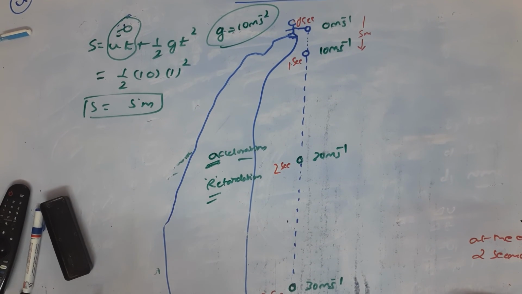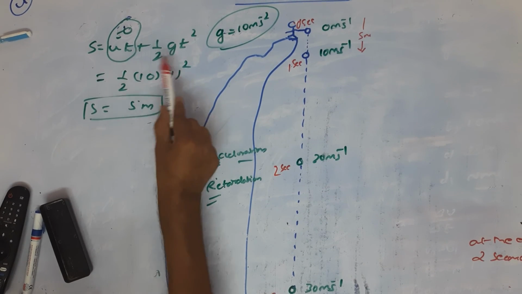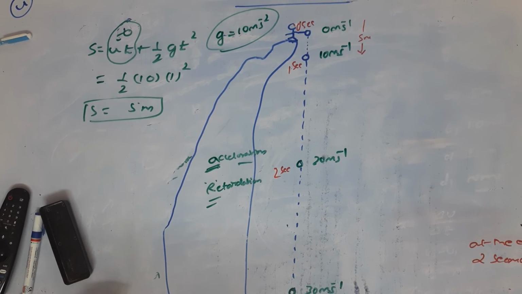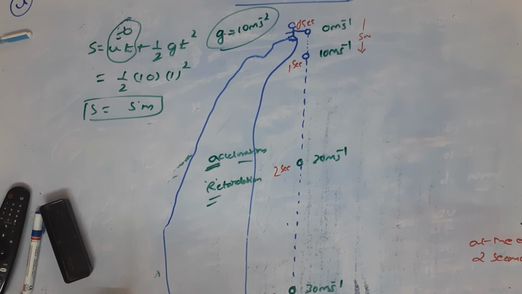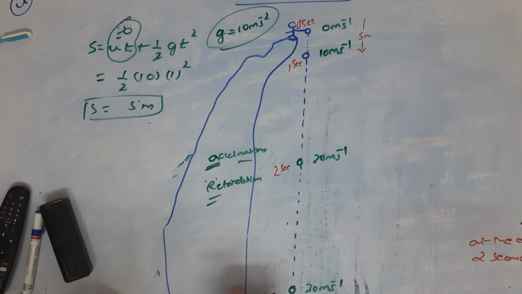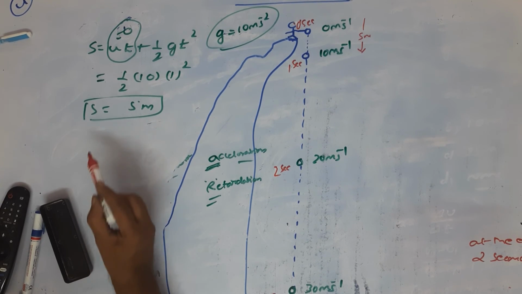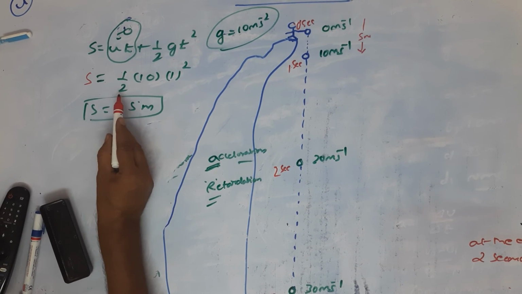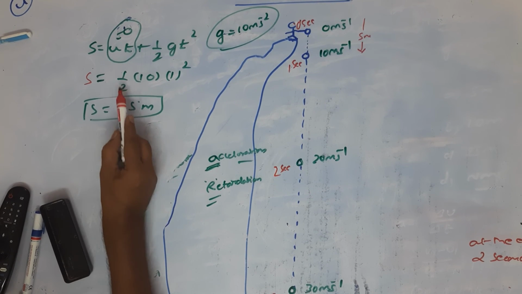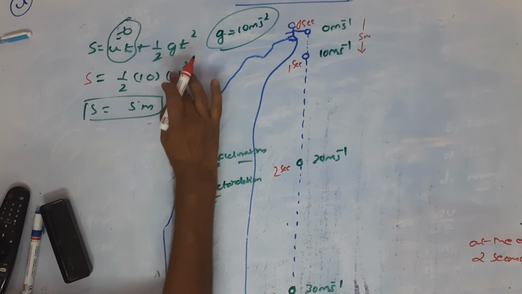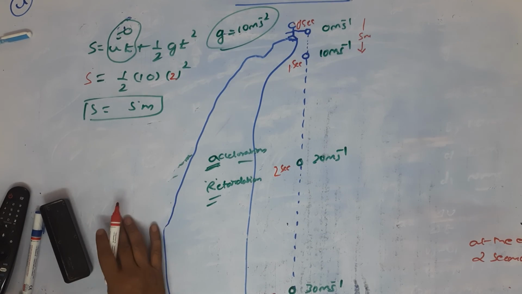Okay. Well, please remember, we have to use the equations of motion. At the end of this one, it is not 10 meter. I will explain. Once again, you go for s equals ut plus half gt square. You remember, s equals 1 by 2. Arjun, you are correct. So that is, it is 1 by 2 into 10 into 2 square.